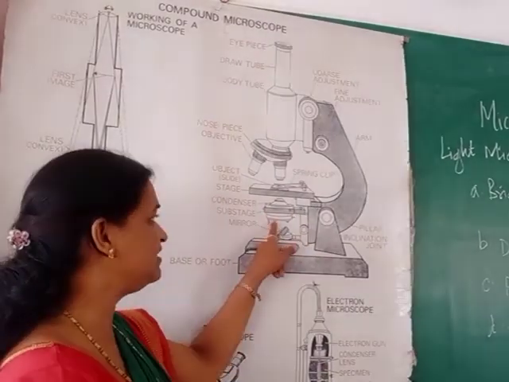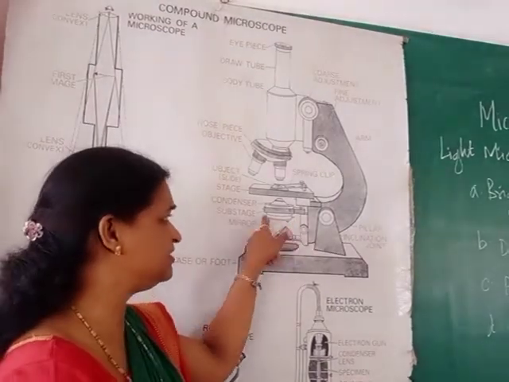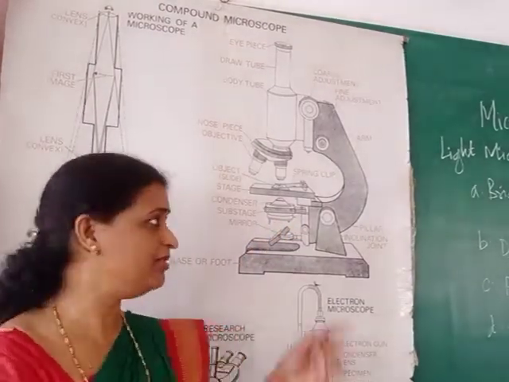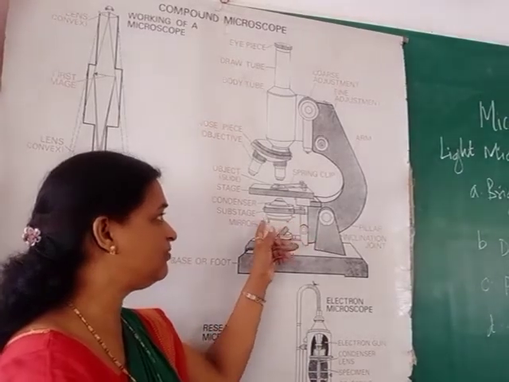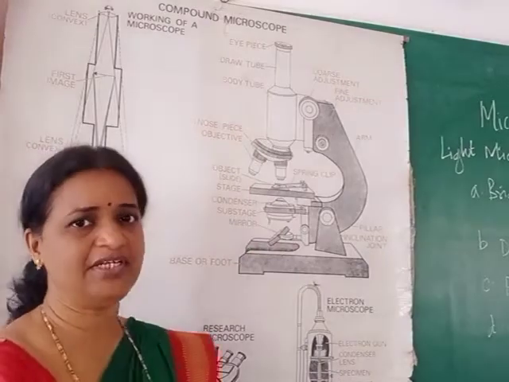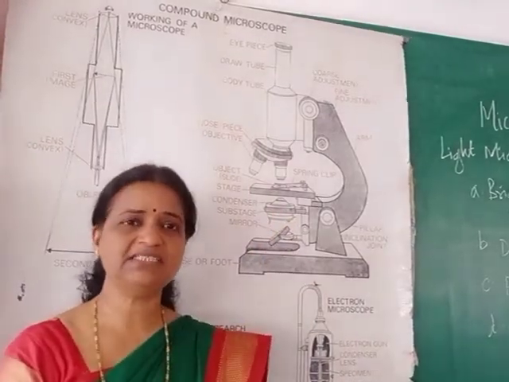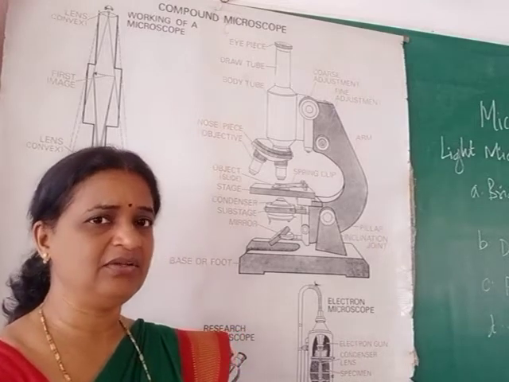Just beneath the condenser, at the substage, there is an iris diaphragm. It controls the amount of light coming from the mirror. So that is the second illuminating part. So this mirror and condenser are the parts required for illumination. Now the next part is